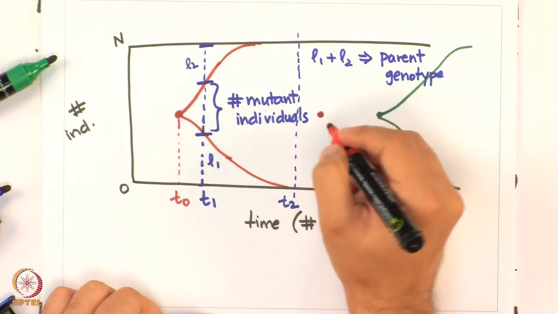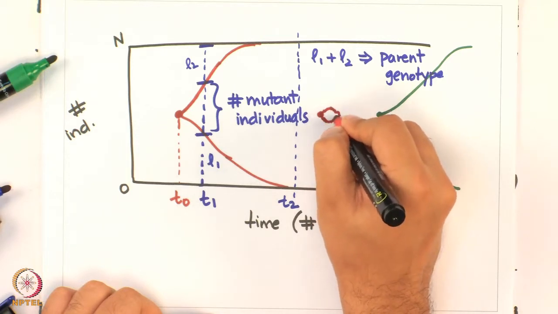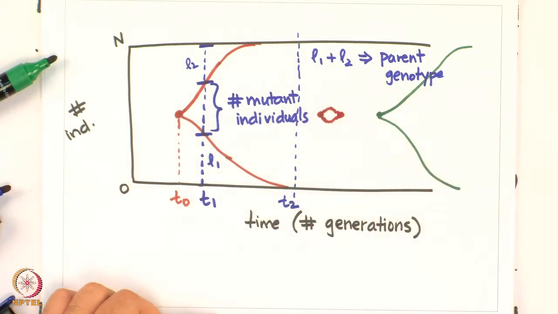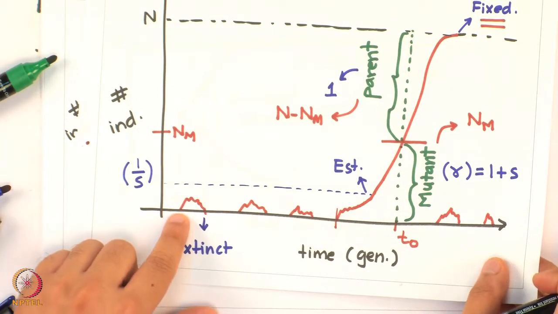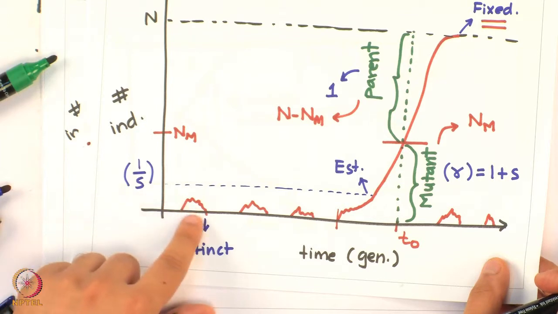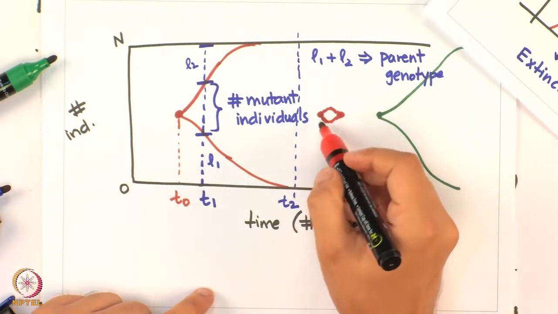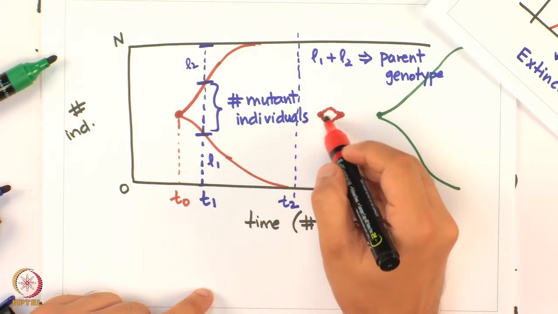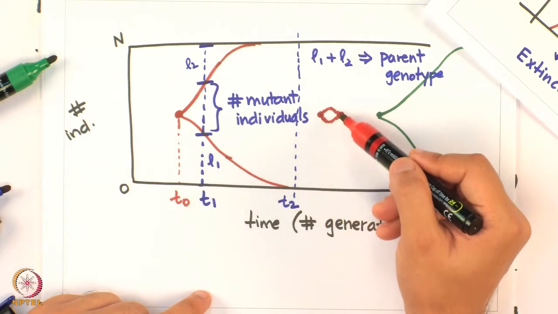But because the mutation could not get established, its numbers increased slightly but then went back to 0. This represents what is happening to this mutation where it happened as one individual. Its numbers oscillated a little bit, but never grew so much that the mutation established itself, and eventually the numbers died down and the mutation went extinct. The same is happening here. The mutation happened with one individual and the numbers fluctuated, grew a little bit, but eventually the population collapsed,